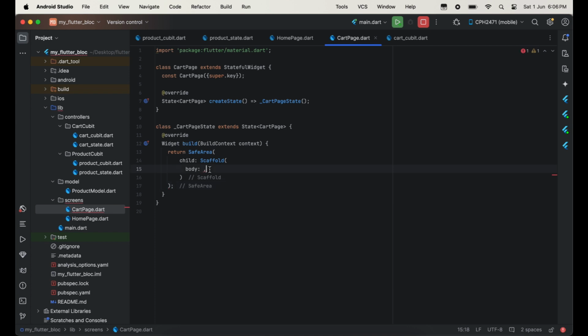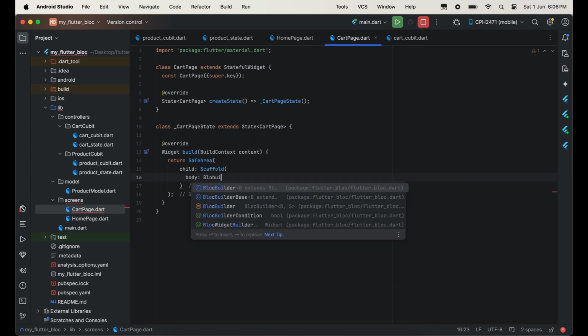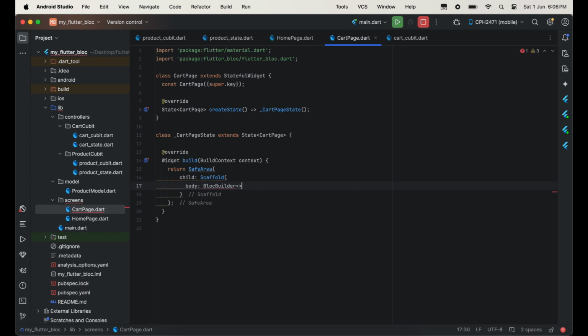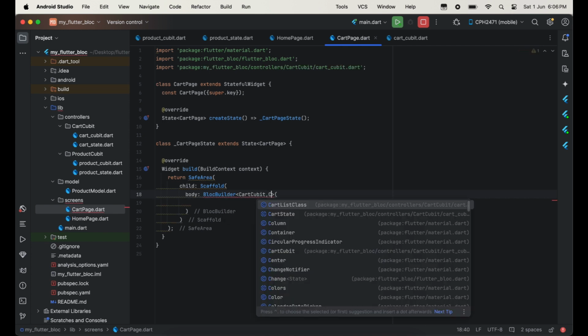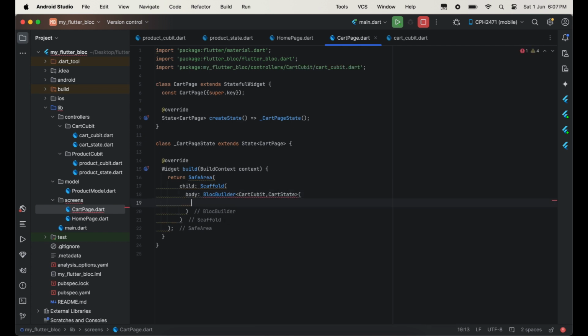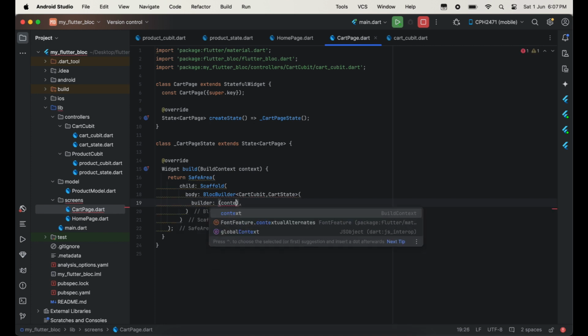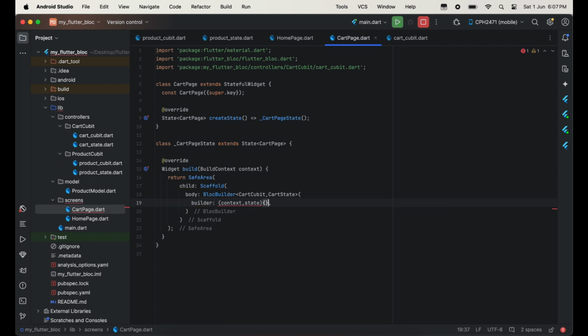So inside the body we will use BlocBuilder, which will take two parameters, CartCubit and CartState, and inside this we have to pass the builder, which will take two parameters, context and state, and then just return